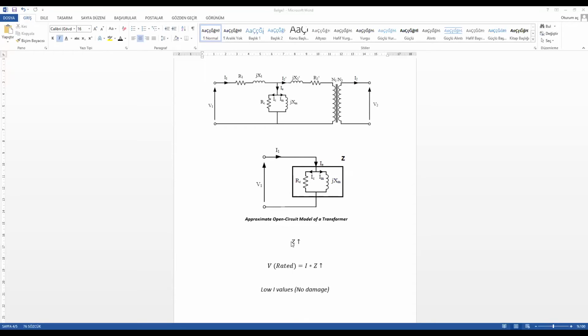As you can see, the impedances are very high, and the rated voltage is equal to current times impedance. As the impedance value is very high, the current will be low. Low current values will not cause damage to the circuit. So we used rated voltage values. On the other hand,